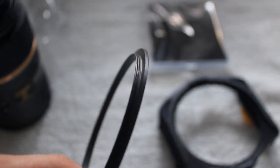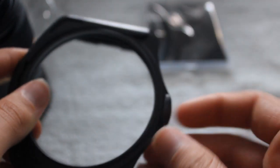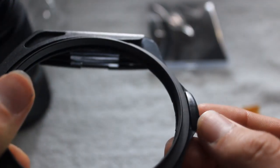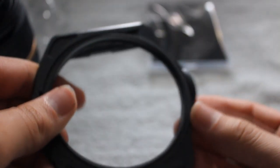But what happens? You screw this there. Then this one slides, let's focus closer so I can show you better. See, this is on your lens. This can easily slide into there. Here it gets locked by this. See, it gets locked. You can also take it out by that. Click, clack, out. Then in. Now, what you then need to do is